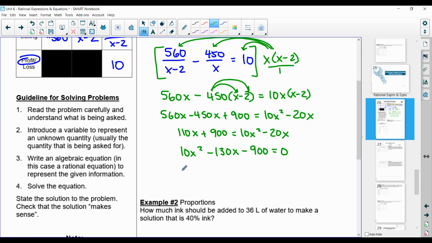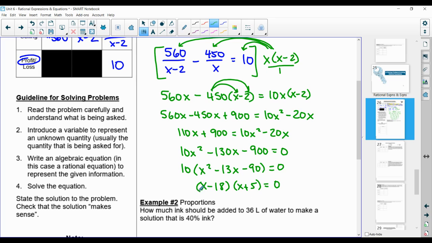Whenever we're factoring, the first thing that we want to do is pull out a common factor. So we have 10 times x squared minus 13x minus 90 equals 0. And when we divide by 10 on both sides, the 10 will actually disappear, and we'll be left with x squared minus 13x minus 90. So when we're factoring, we're looking for two numbers that multiply to be negative 90 and have a sum or difference of negative 13. And so we want x minus 18 and x plus 5